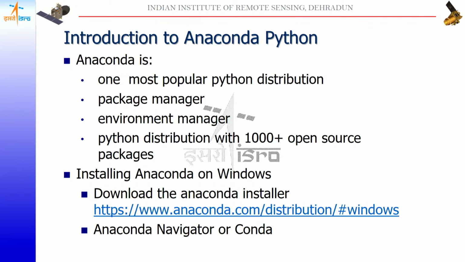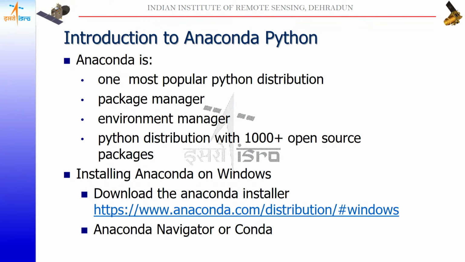Environment manager means, suppose you want to install multiple versions of Python on your system. In some projects you may be using a legacy library that uses Python 3.6, 3.7, or 3.5, something like that. And suppose you want to use the latest version of Python, say Python 3.14. Some libraries may not work in Python 3.14, right? So for that you need to downgrade your Python's version, and this environment manager helps you. It helps you install multiple versions of Python on the same system. You can create multiple environments. In environment A you can install Python 3.7, in environment B you can install Python 3.14, and so on,